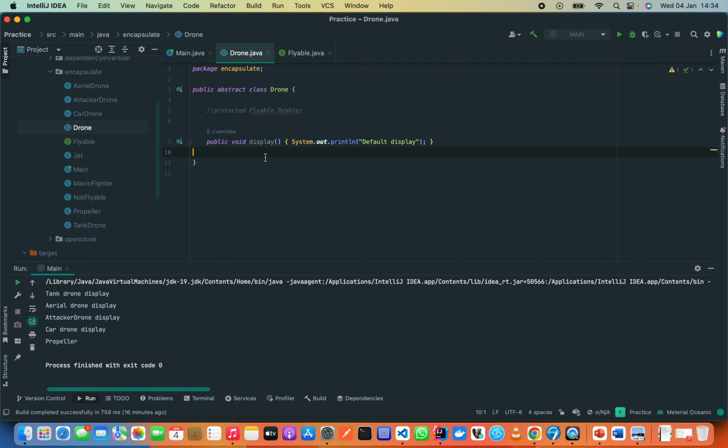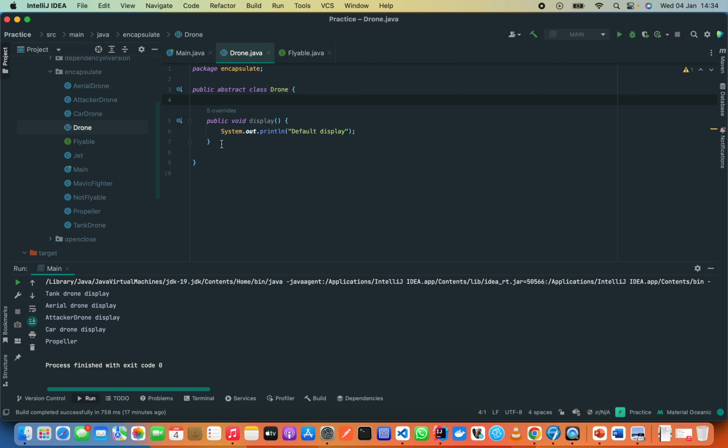We have a drone class here, and as we can see, this drone class can do a few things. Obviously a drone can fly, we can display something from a drone, we can have some other additional behavior. But for the purpose of being succinct, we don't want to talk about many things, for brevity. So now